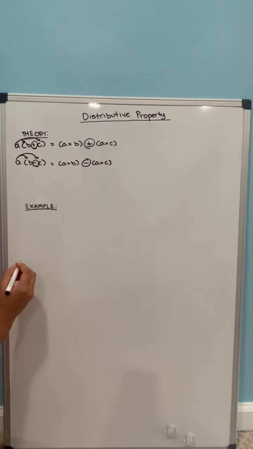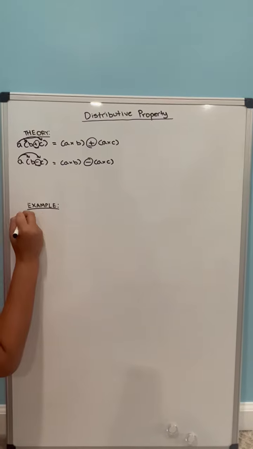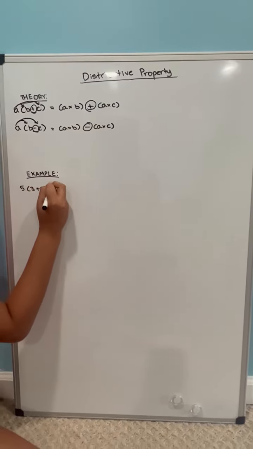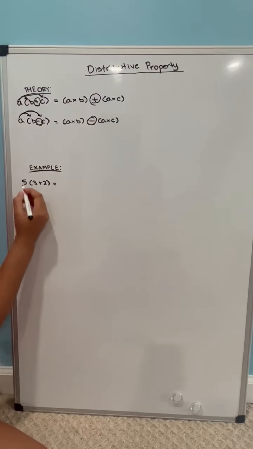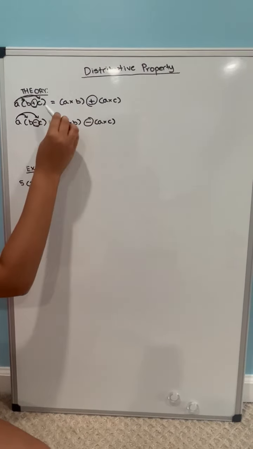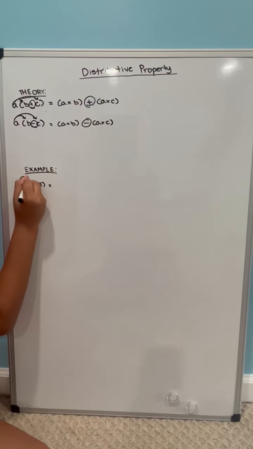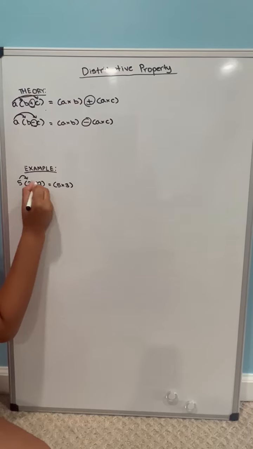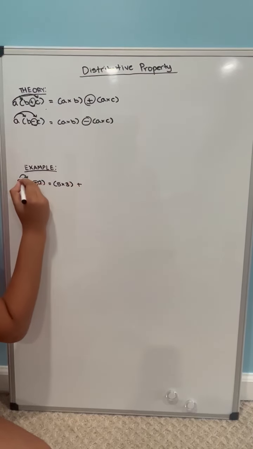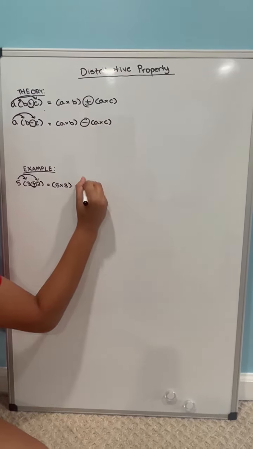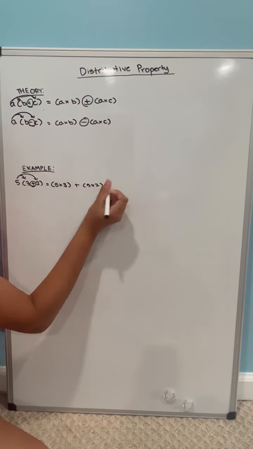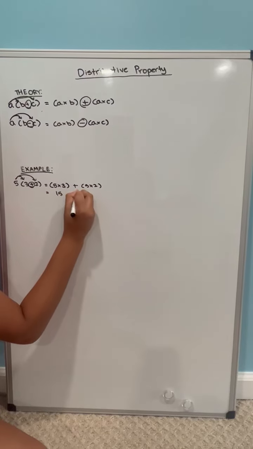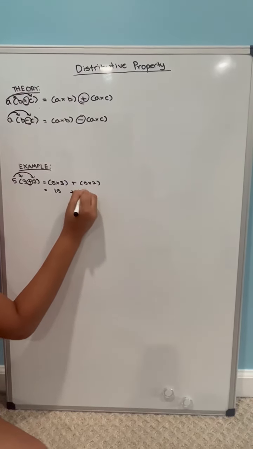Now let's take an example. So let's suppose we have 5 times (3 plus 2). Now all you have to do is the same thing as the additive theory. So 5 times 3 plus 5 times 2. Now simplify. So 5 times 3 is 15 plus 5 times 2 is 10, which equals